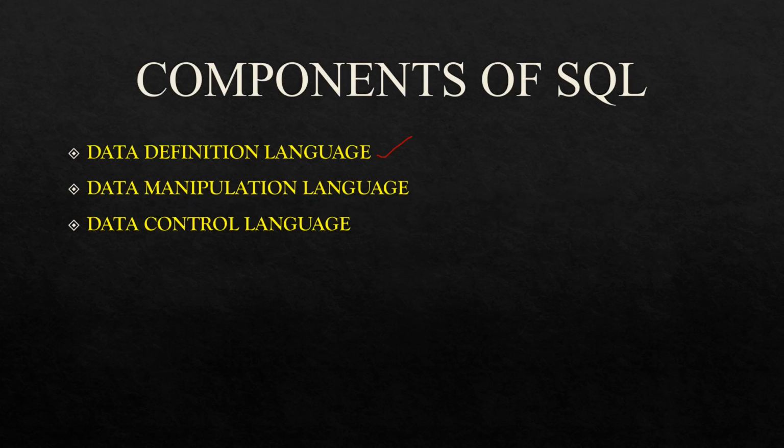These are the three parts of SQL. First one is DDL or data definition language, and the second one is data manipulation language or DML, and third one is data control language. These three sets of commands are used to write SQL queries. So we have to learn these three types of commands. After that, we have to know the syntax of the commands. Then we will start to write the SQL commands to retrieve data from the database.